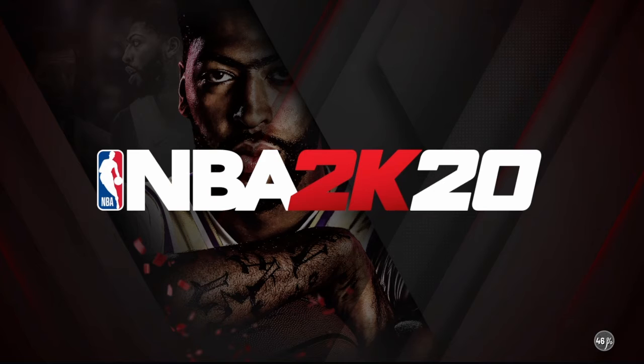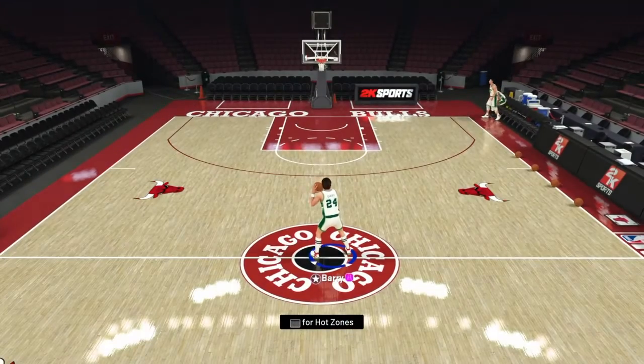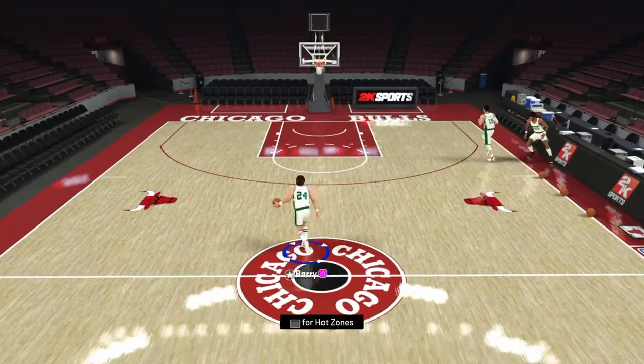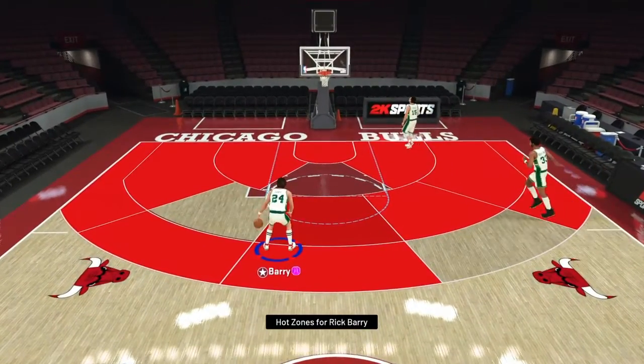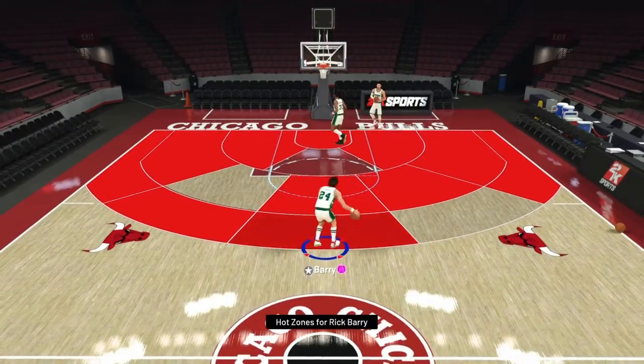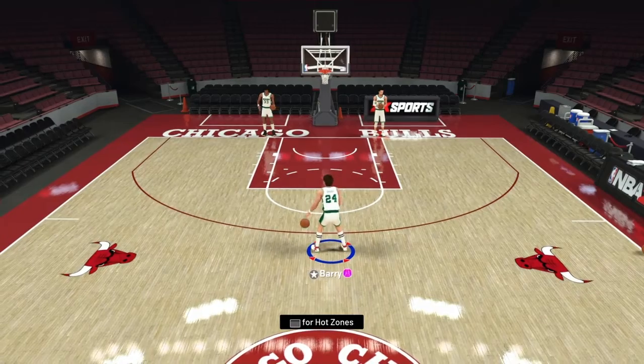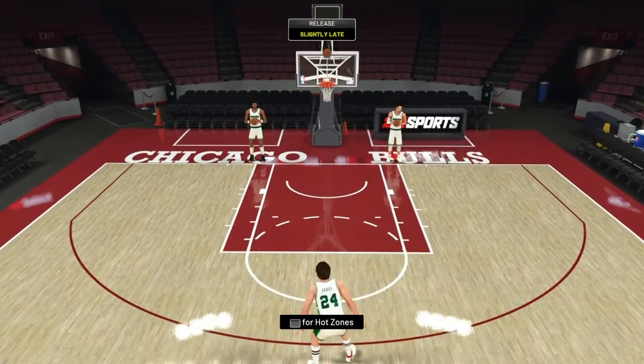Just to do it, let's take a look at Rick Barry's hot zones, and I will give his release a try. So number 24, he has hot zones everywhere except for one spot inside the 3 and one spot outside the 3, and his release